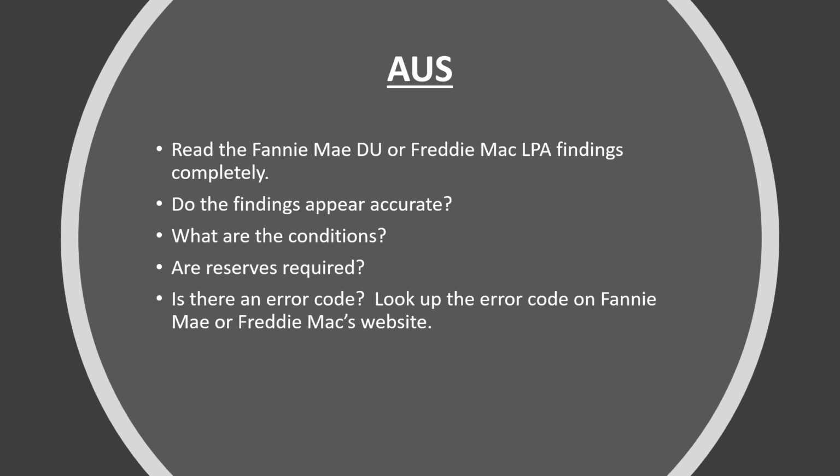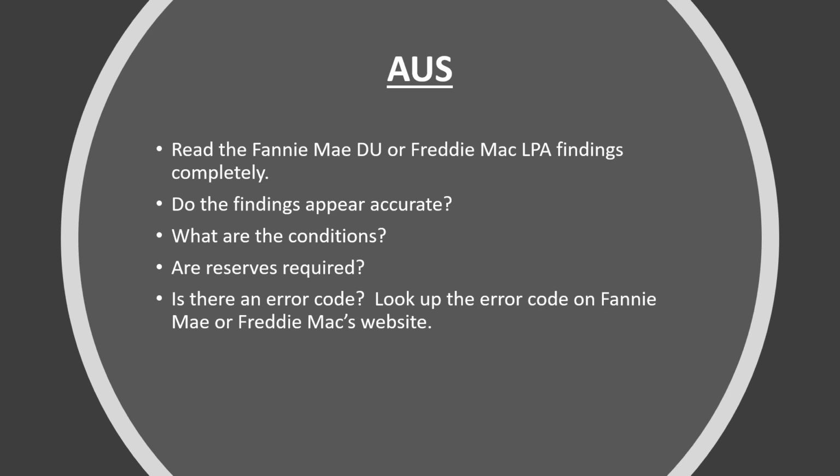AUS. You need to read the full DU or LP findings completely. This is the very first step before you send your file over to the underwriter. Do the findings appear accurate? And what are your conditions? Does it require reserves? And also, whenever you run AUS and you're getting an error code, you can always look